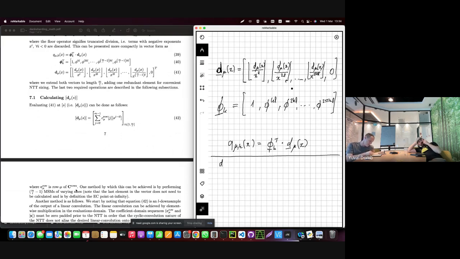So if I take d mu x divided by x^L, and then do this floor operation, what do I actually do? If d mu x had coefficients, d mu x is c0 plus c1x plus and so on